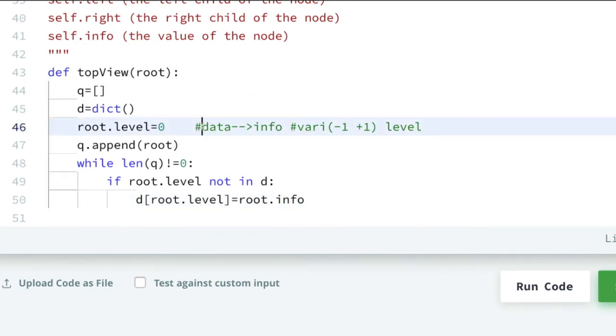Here my data part is in variable info and my variable part is the level. So here we are assigning this level as a key. In my dictionary, this root dot level will be the key and the value will be root dot info.